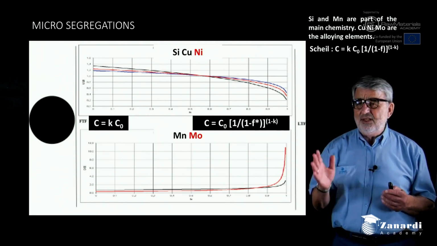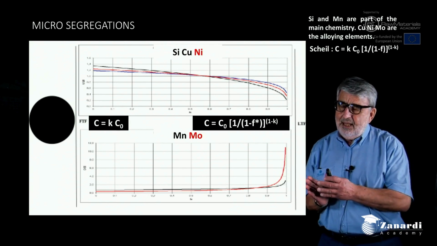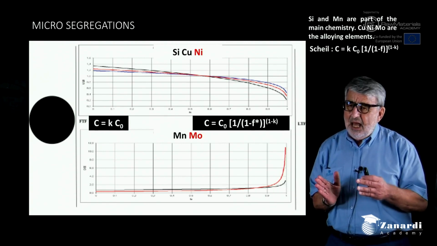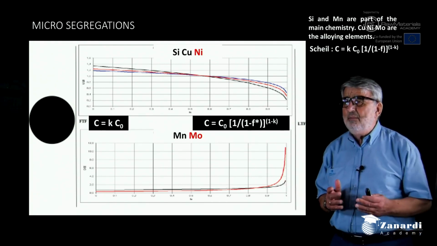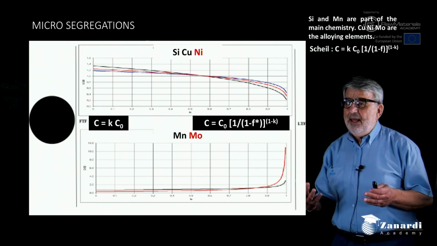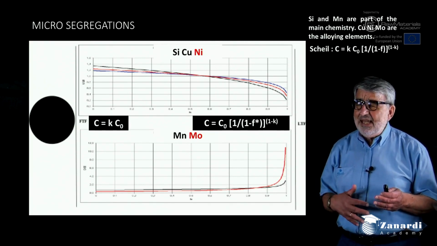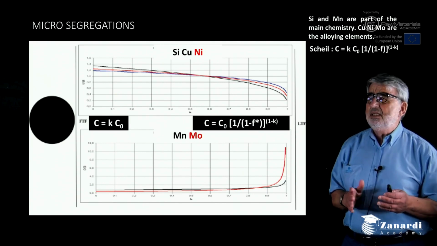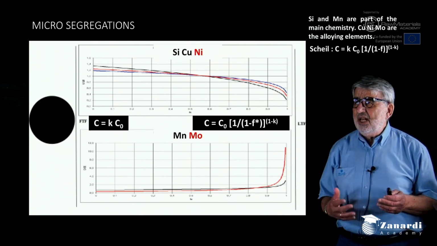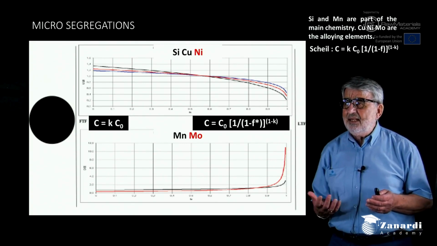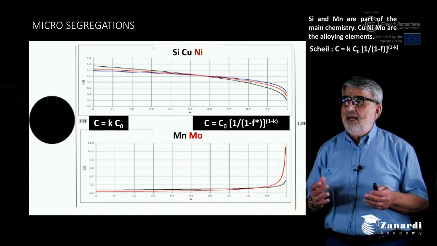That is an area that is called the first to freeze zone, and the metal freezes progressively up to the center between two adjacent spheroids in the grain boundary area, and the metal does not have the same concentration in all these points, but has a progressive decrease of the concentration for silicon, copper, and nickel that are said to be inversely segregating, and has an opposite